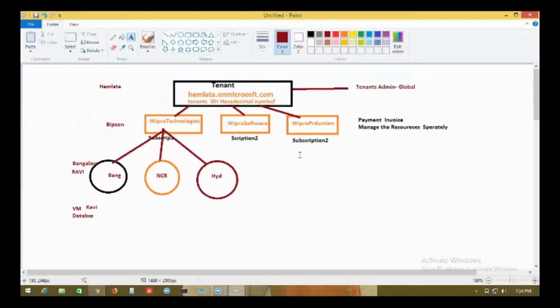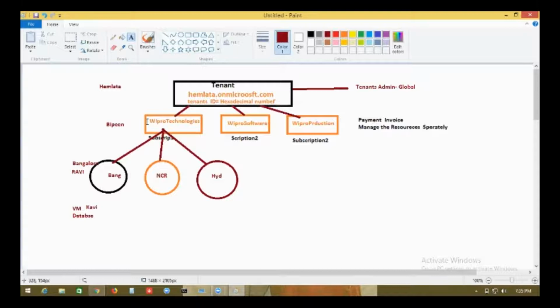Correct? So what will happen if I delete this resource group? All resources gone. What will happen if I delete this subscription? That particular subscription will go, all resources, groups, everything will go, right? What will happen when I exit? Let's say I terminate the contract with Microsoft. Everything will go. Nothing is permanent there because we are a tenant. We are a renter. Till the time we are giving money, we are enjoying the service. The moment we stop the money, the services get stopped.